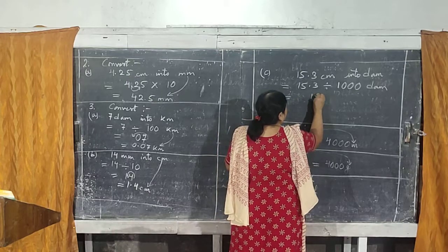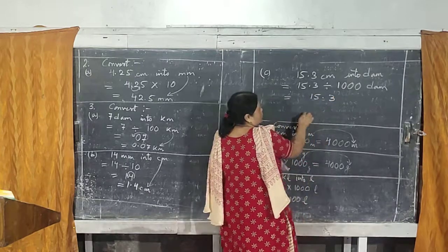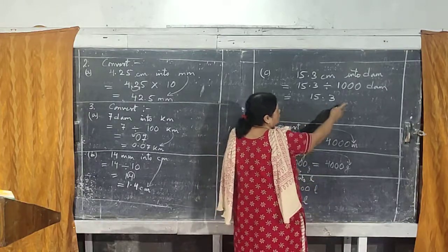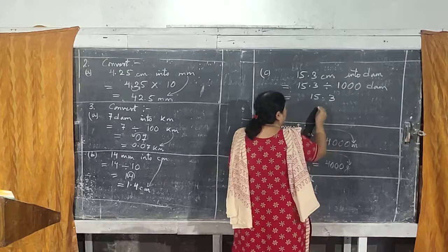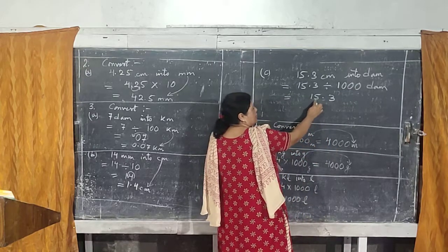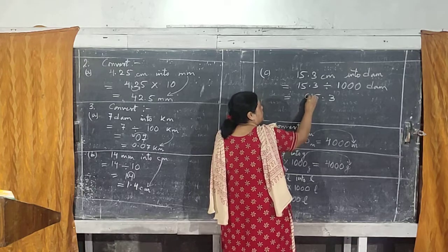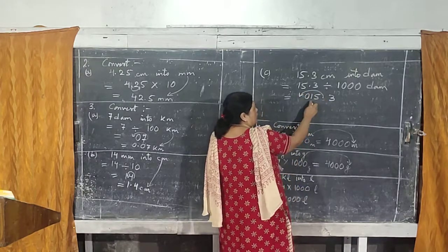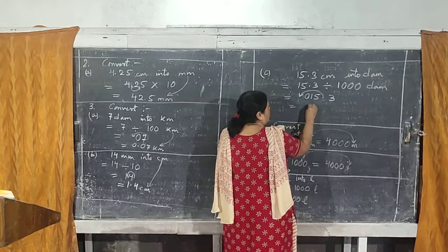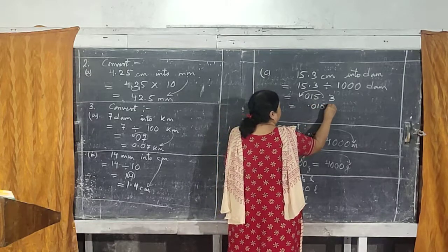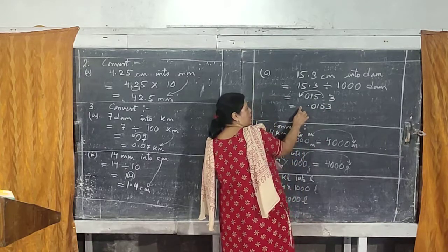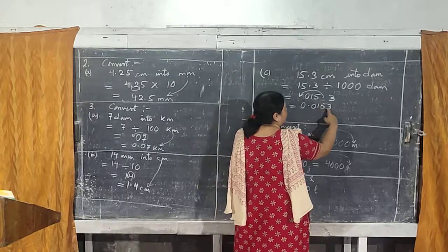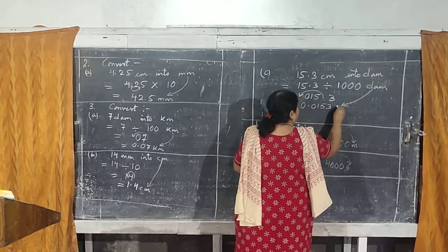Then write 15.3. Now how many steps? It will move this side because it is division. So how many steps? 1, 2, 3. 3 steps. It is already 2 steps. Now to make 3 steps you have to put 0. Then it will move this side, 1, 2, 3. Then 0.0153, and there is no whole number here, so 0. So the answer will be 0.0153, and the unit is